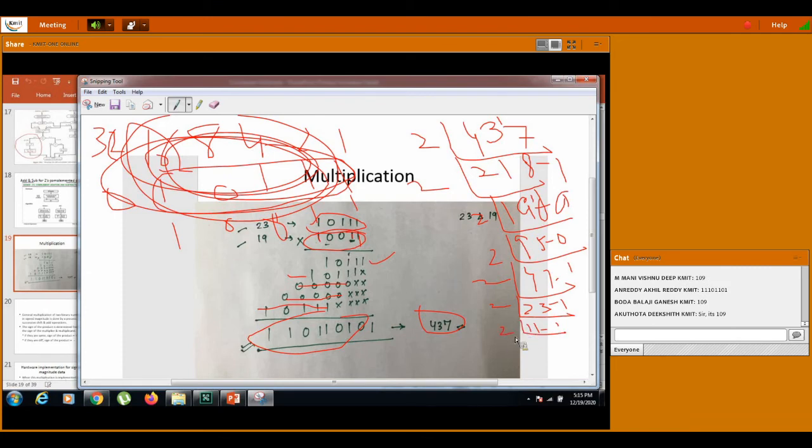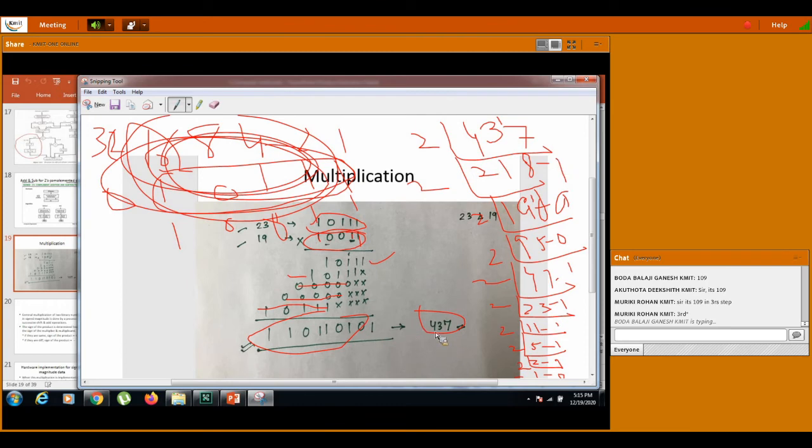Again you go for 2 here, you get 2 5s are 10 and 1 is the remainder. Again you go for 2 here, you will get 2 2s are 4 and 1 is the remainder. Again you go for 2 here, so 2 1s is the thing and 0 is the remainder. Now you take all these values: 1, 1, 0, 1, 1, 1, 1, 1, 0, 0, 0, 1. Okay, that's what you got here.